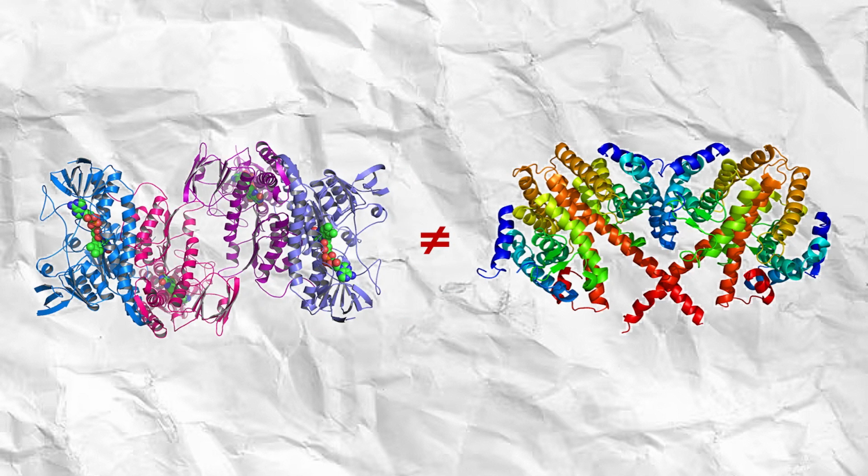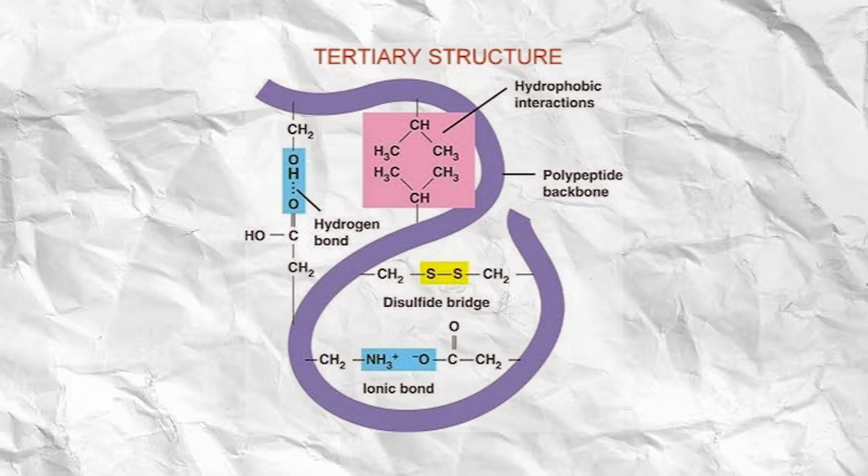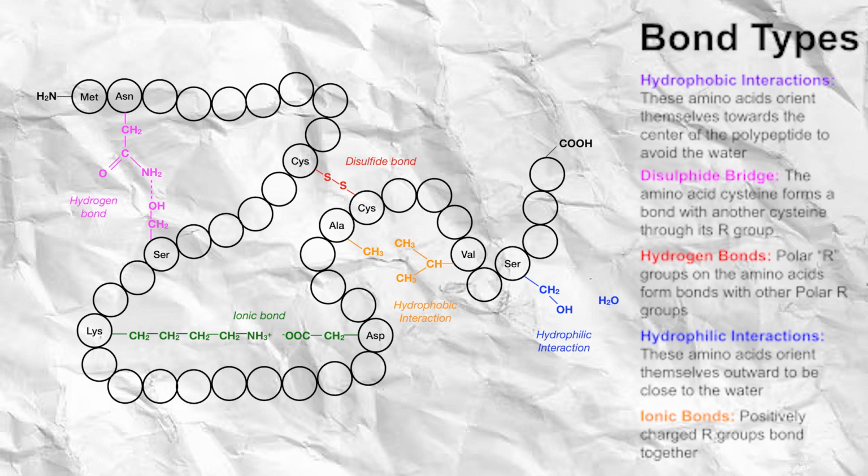As I've said before, protein functions are dependent on the shape they fold into. The sequence of amino acids and interactions between these R groups are what allow these proteins to fold by attracting and repelling. These interactions include hydrogen bonds, ionic bonds, disulfide linkages, hydrophobic interactions, and van der Waals forces to